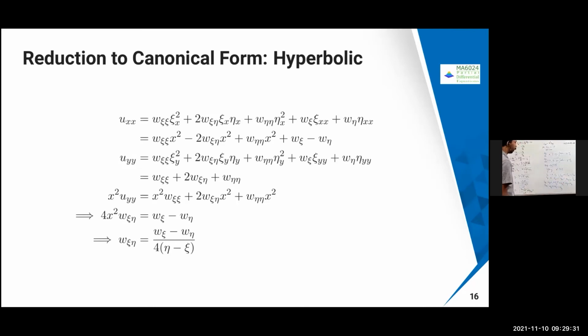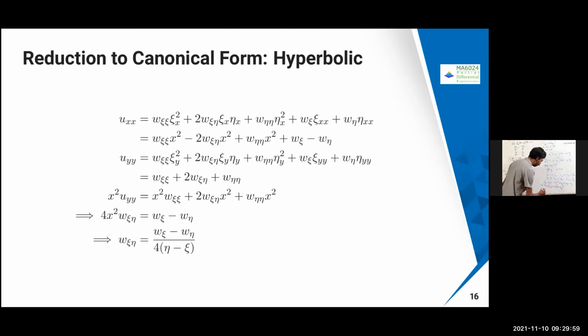So if I just substitute x square uyy, if I multiply this by x square, this is going to become x square, and here also you are going to get x square. It is given that uxx equal to x square uyy. This is the problem given. So if I equate that, this is going to be cancelled, and this is also going to be cancelled, and this is going to be there.